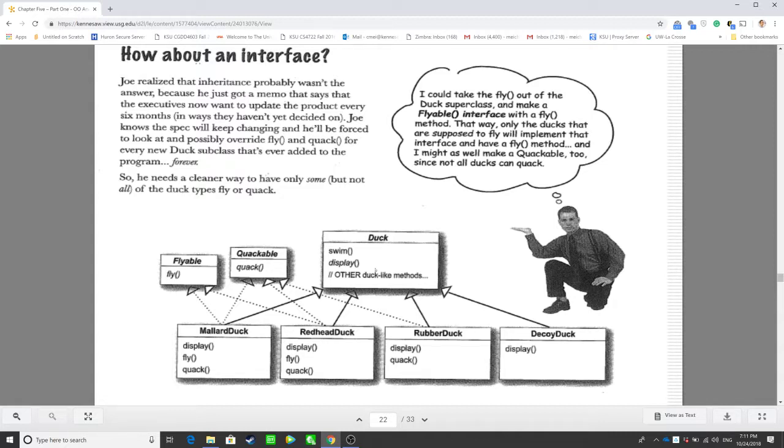We have this interface. We only extend this fly function to those who implement the flyable interface. Although they are all inherited from the duck superclass, they can have different behaviors now. And we separate the fly, we separate the quack, and in the duck,